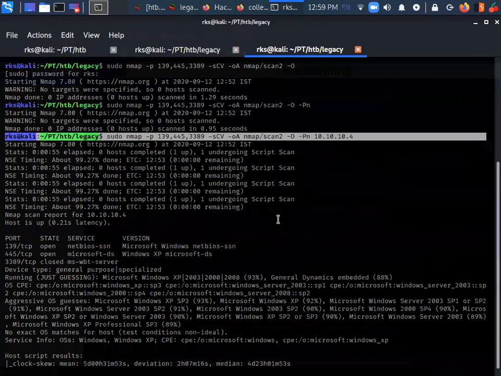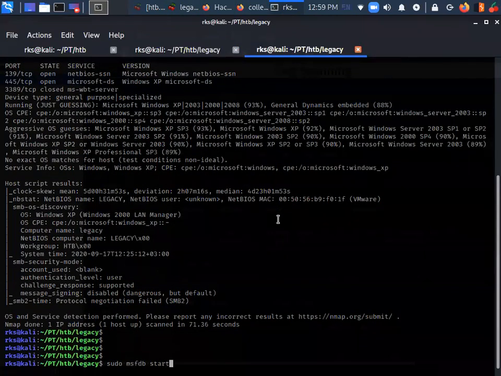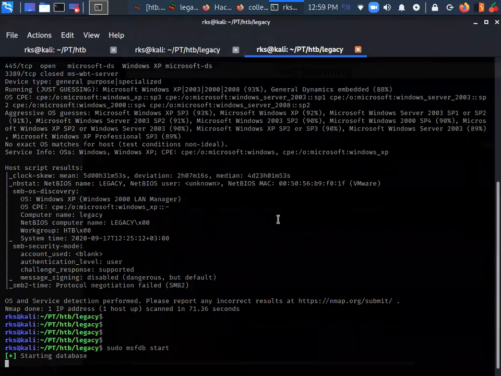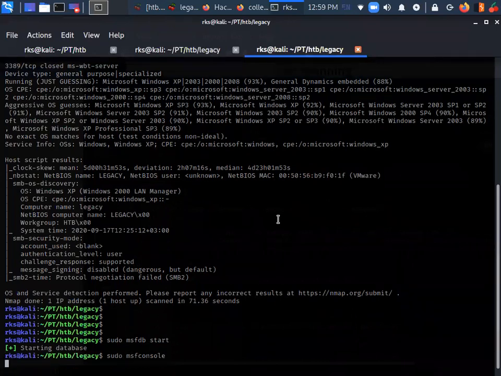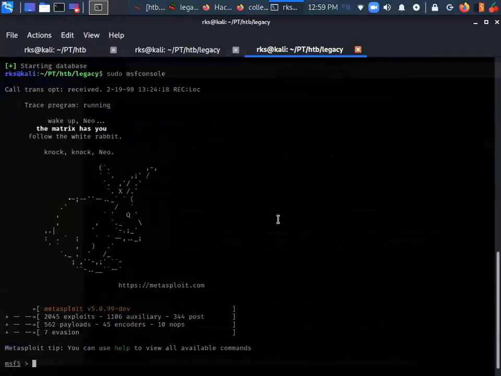Let's fire up our Metasploit, msfconsole. Okay, so can you tell me what should I do now?